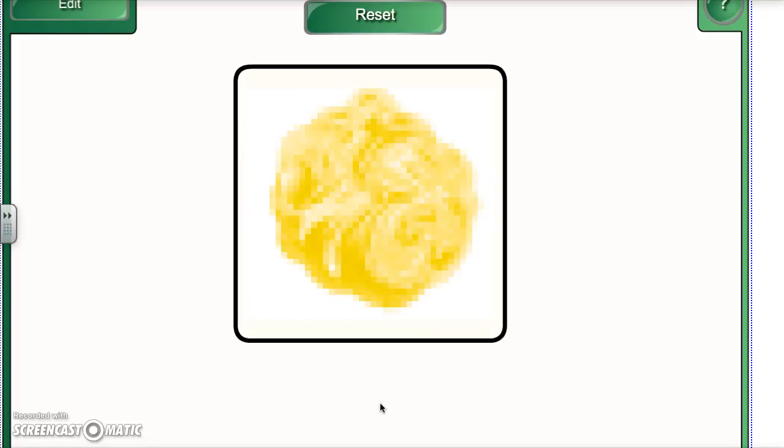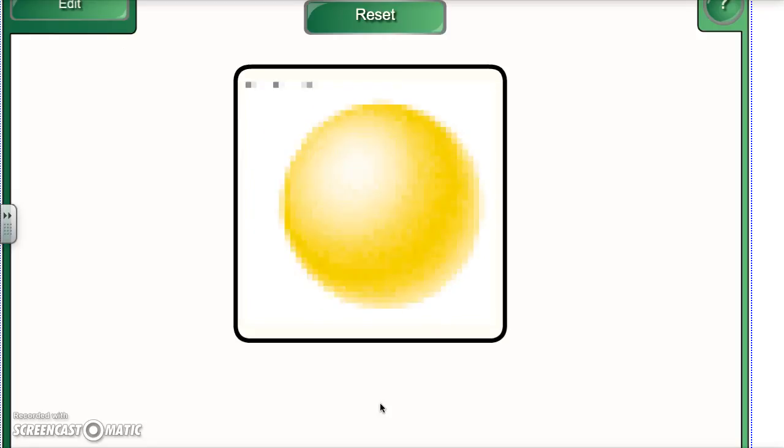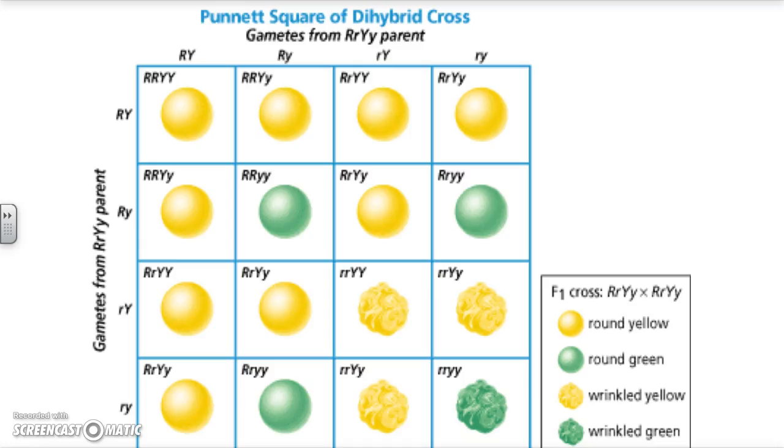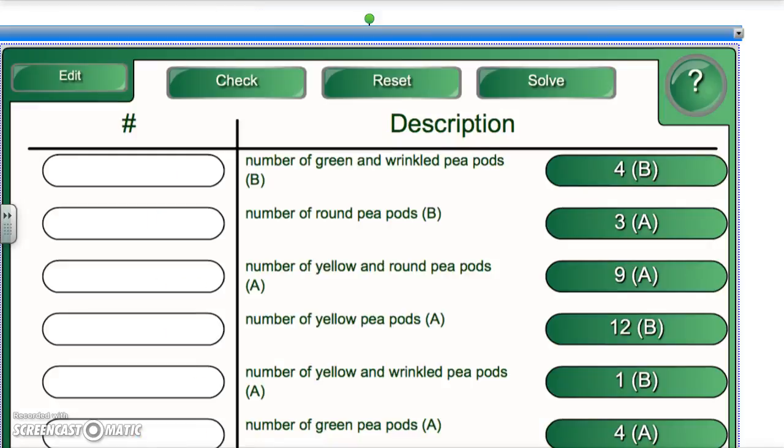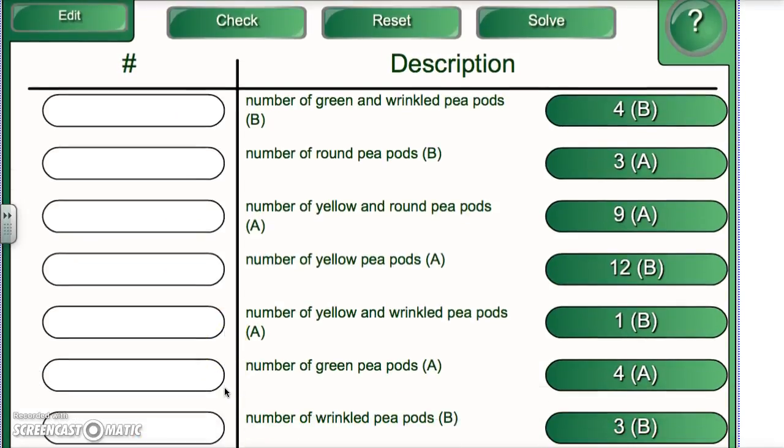And I can ask a variety of students to come to the board since there are 16 different opportunities for them to get the answer right. So we can do this for a while until I make sure that each student really understands this concept. Then I would put this Punnett square back up on the board and ask one student to come out and say what the phenotypic ratio is, 9:3:3:1,